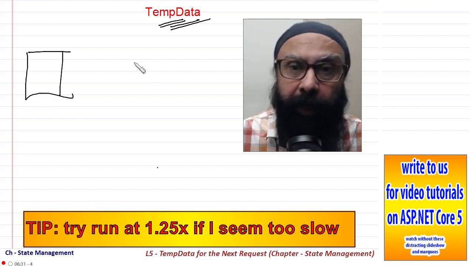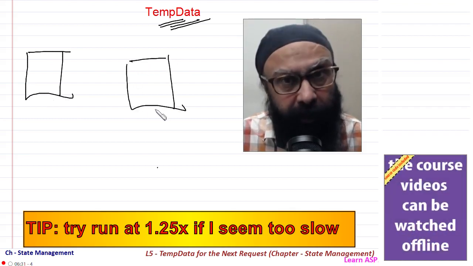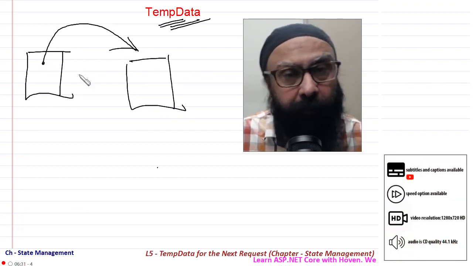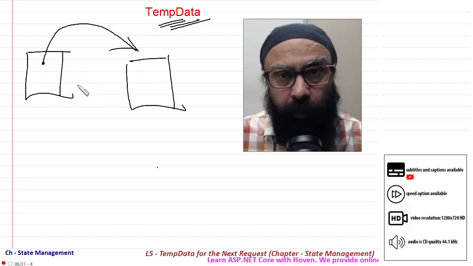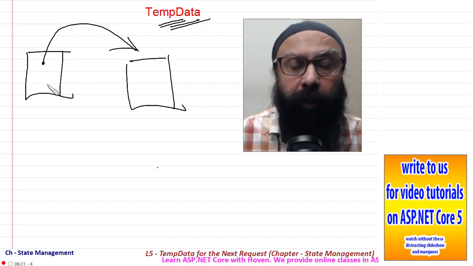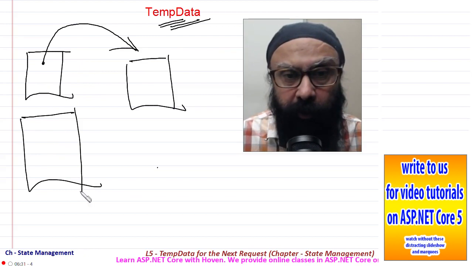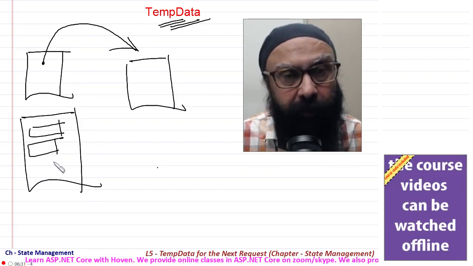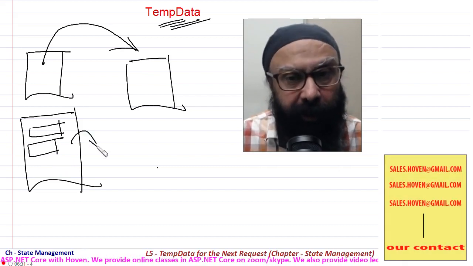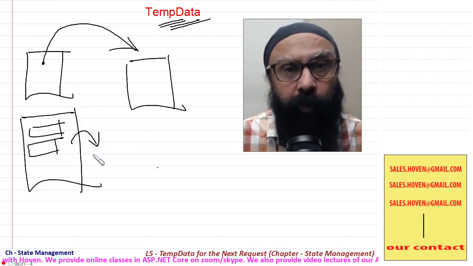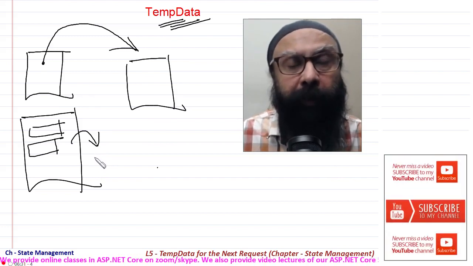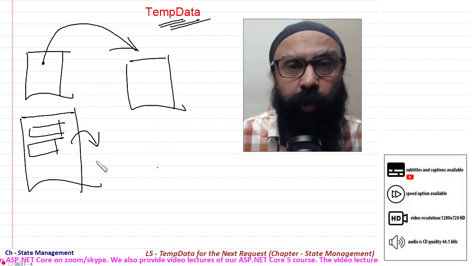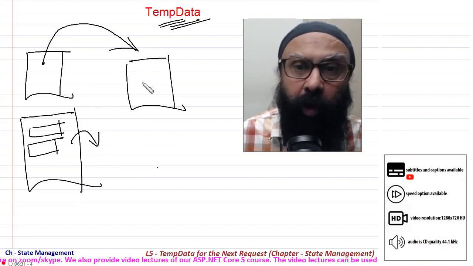Razor page, and this is the second Razor page of your application, and we want to send some data from this page to the second page. An example I'll give you: let us suppose a user logs on in this page, password and all he enters here, and he is authenticated also, and upon authentication it is found that his subscription is going to expire in the next 2 months, and we want to show this small information on the next page